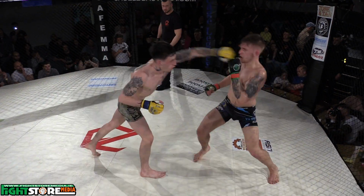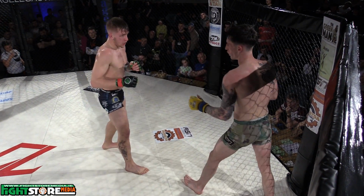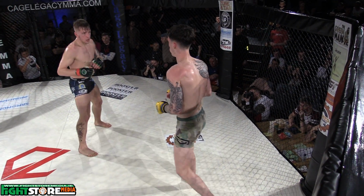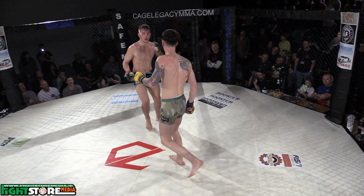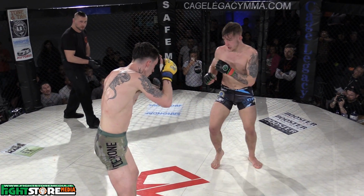Dylan's definitely pulled it back and he has got some good positions, but he just hasn't been able to secure that submission with all those attacks he's been going for. As well, both fighters will be wearing it. They've gone through 10 minutes of heavy grappling and exchanges, so you could forgive a little bit of tiredness coming